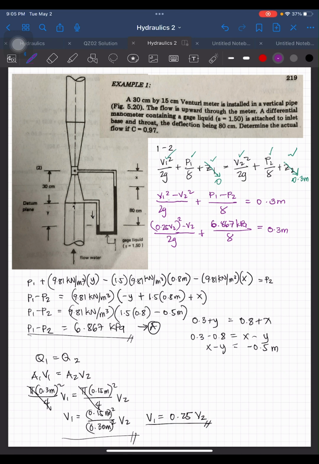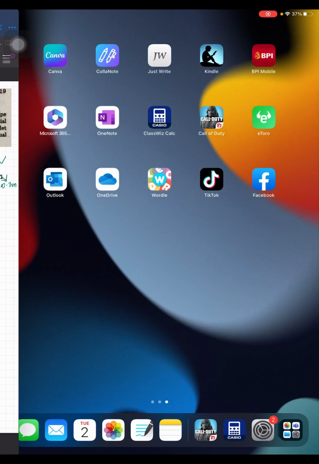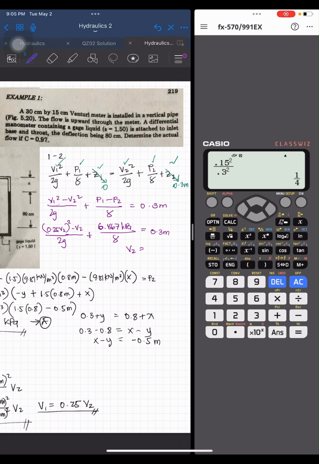So with this, we can solve for V2. V2 is equal to, so we have 0.3 minus A over 9.81